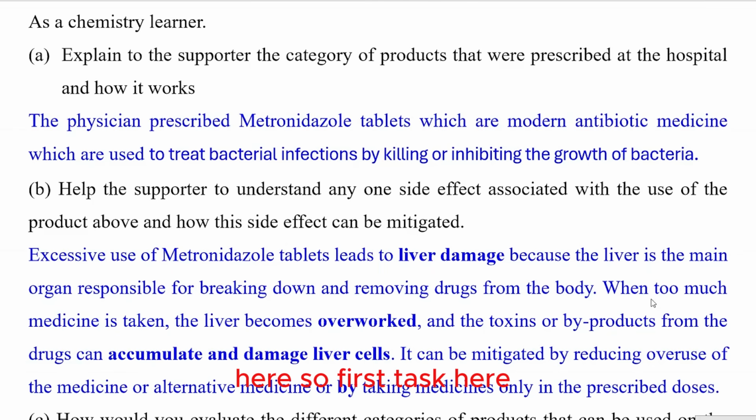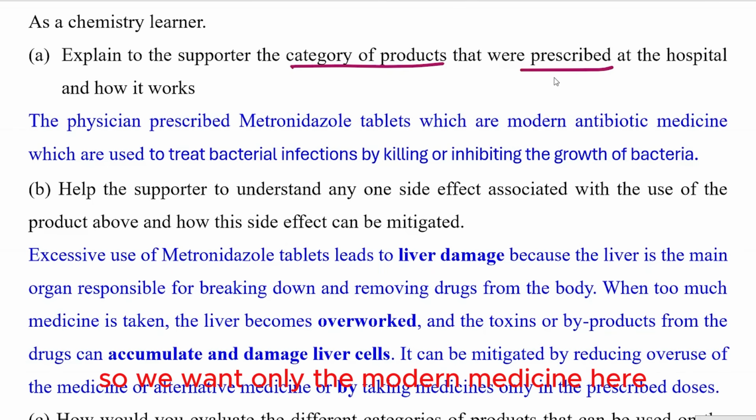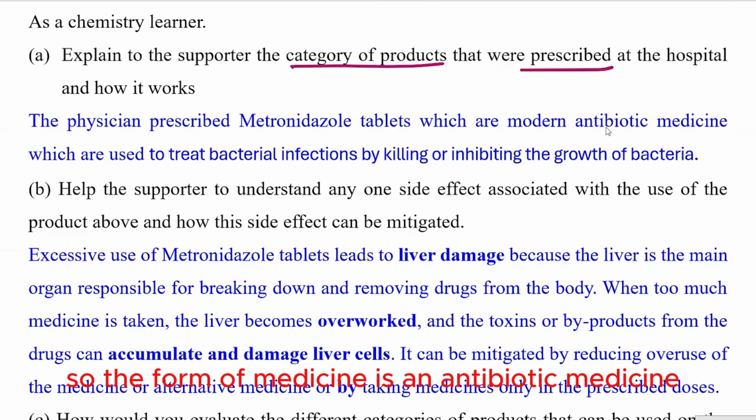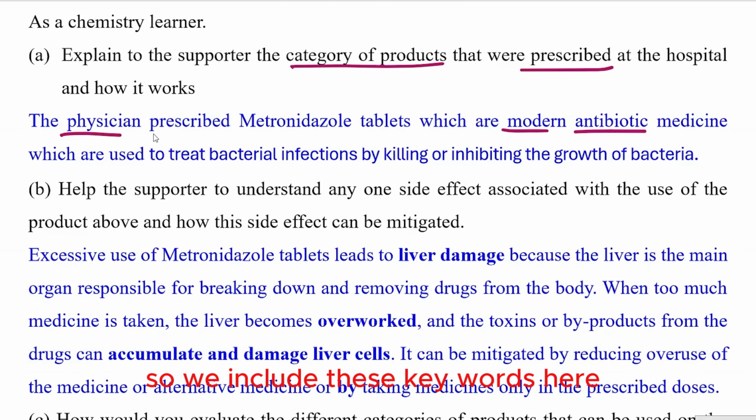So first task here, explain to the supporter the category of the products that were prescribed. So we want only the modern medicine here, but remember that he had an infection. That would mean we should be specific on the form of medicine there. So the form of medicine is an antibiotic medicine, then the category is actually modern medicine. So we include these keywords here: